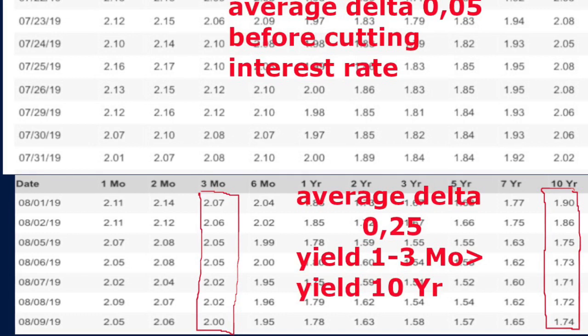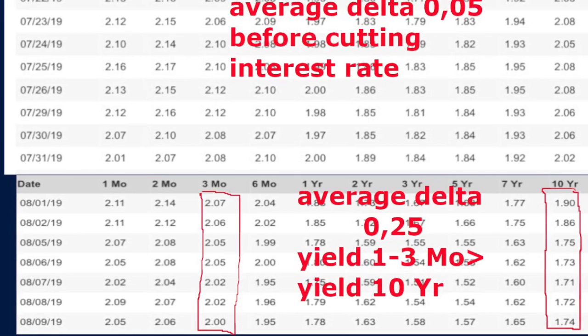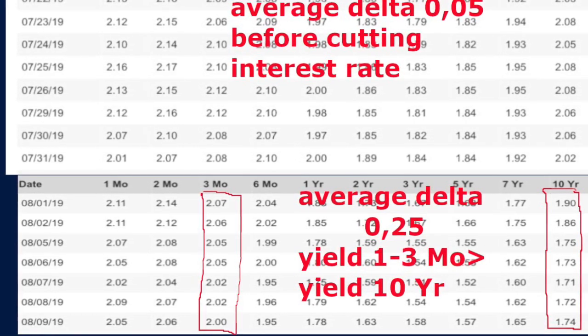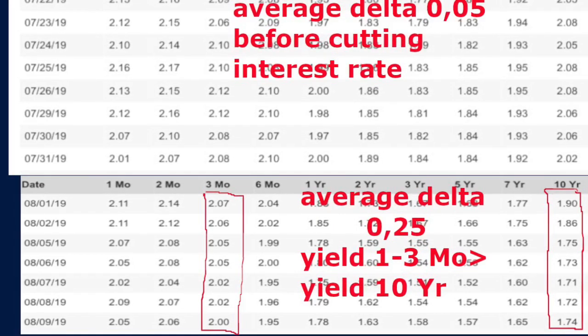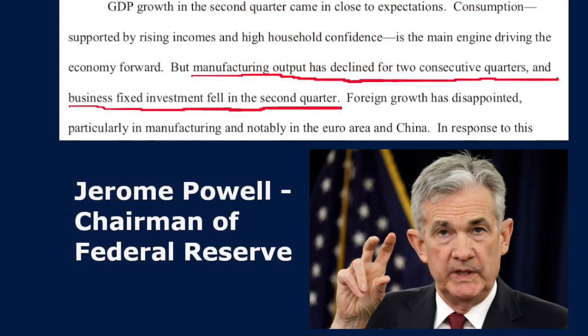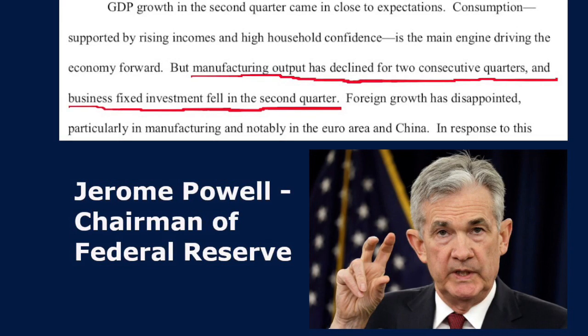Paradoxically, the delta increased even more, on average to 0.25. At the press conference on July 31st, 2019, Jerome Powell said,